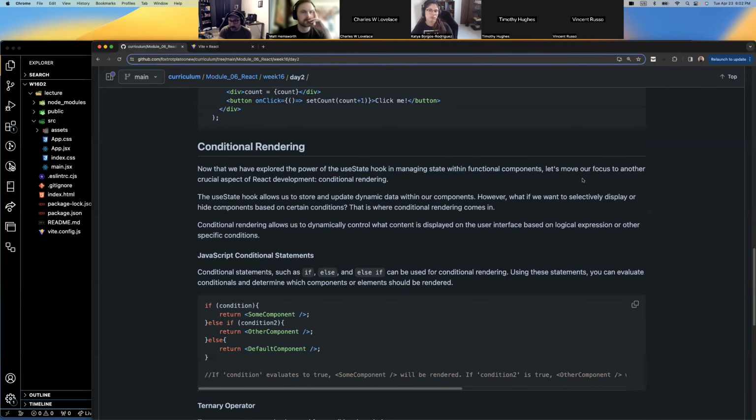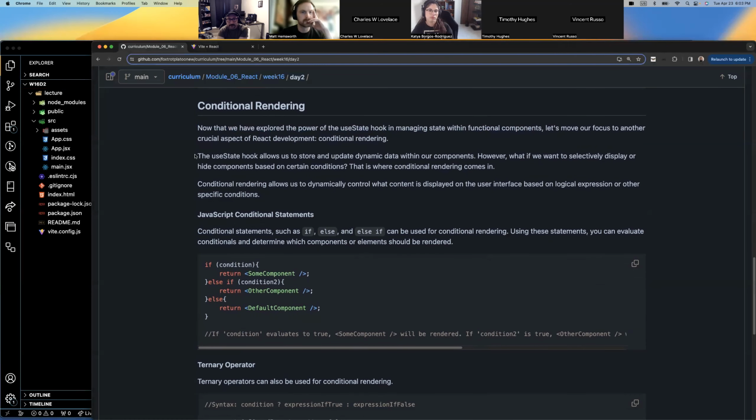here. Let's move our focus to another crucial aspect of React development: conditional rendering. The useState hook allows us to store and update dynamic data within our components. However, what if we want to selectively display or hide components based on certain conditions? That sounds pretty useful. Conditional rendering is very easy to understand, I guess, if you think about rendering and